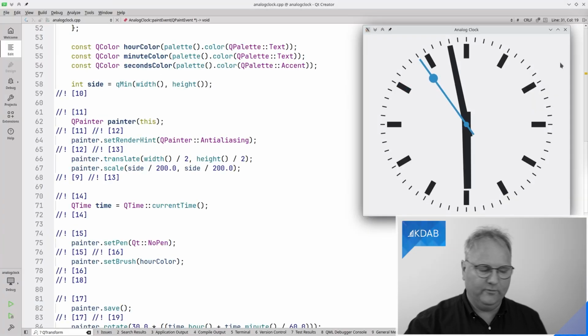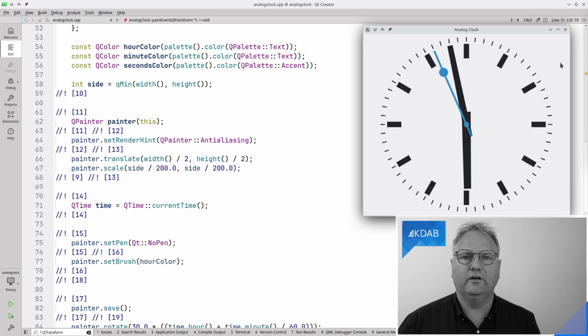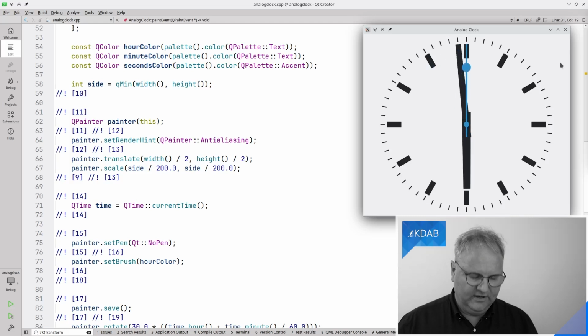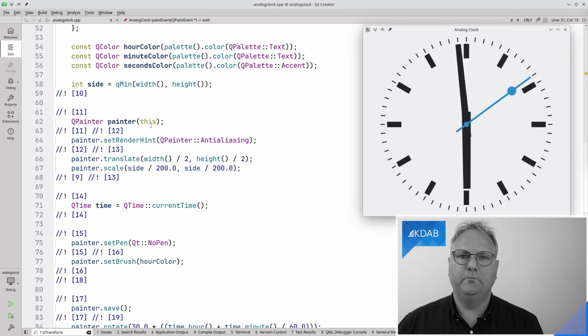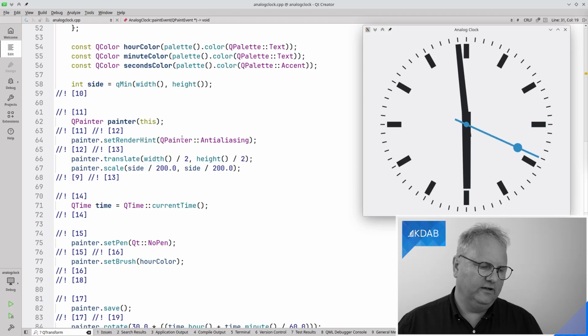Okay, now with a pen, I will draw that clock in front of your eyes on a piece of paper, and you'll be amazed at how easy it is, I hope. The code is over here. I'm creating a QPainter on this. I want to paint on the widget. I'm inside a paint event, hopefully you realize that by now. I'm setting the rendering hint to be anti-aliasing, which I think is the default, but anyway, good to do.